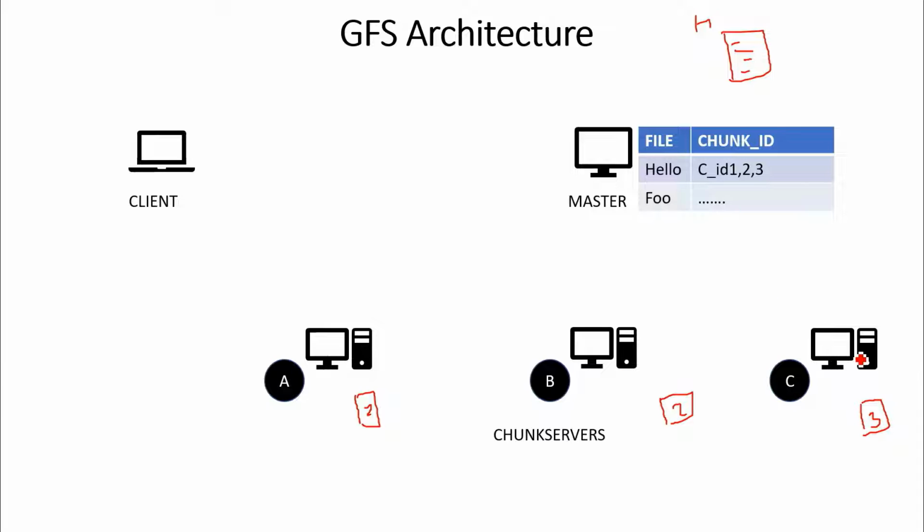Chunk servers store the chunks on the local disk as Linux files and read and write chunk data specified by the chunk handle and byte range. The master maintains all file system metadata. Now, the GFS client code is linked into each application,